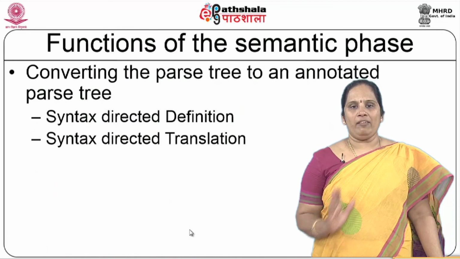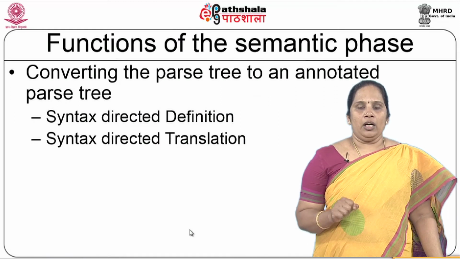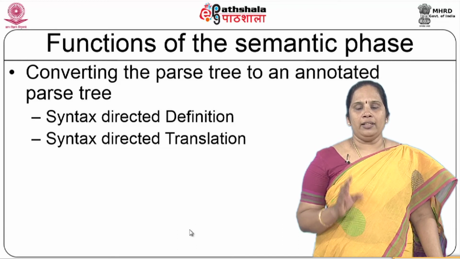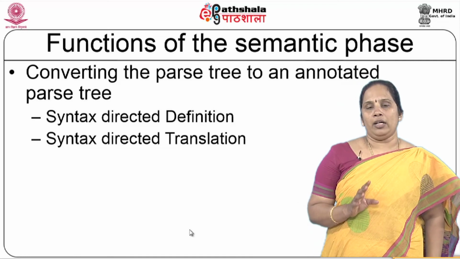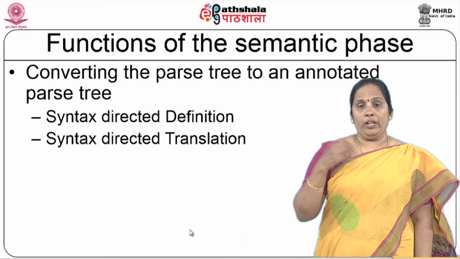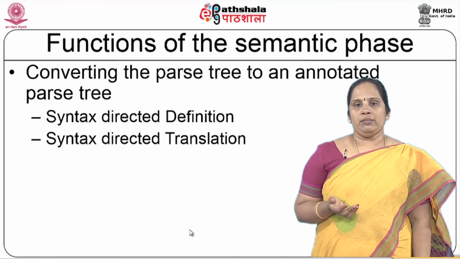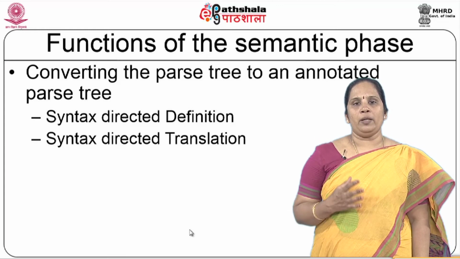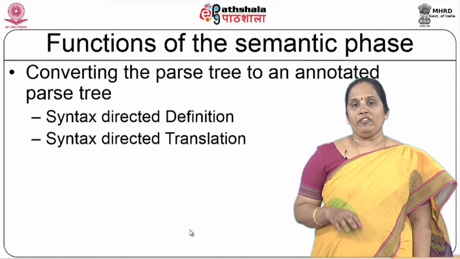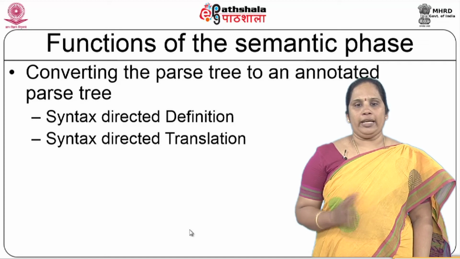So, what we have as of now is that the input has been converted to a representation, which is a parse tree representation, and this parse tree is a derivation tree. Every node can have more than 2 or 3 children, depending upon how many grammar symbols there are, and it simply says whether a particular programming construct is obeyed or not, and checks whether every statement in a particular input programming language is correct or incorrect.